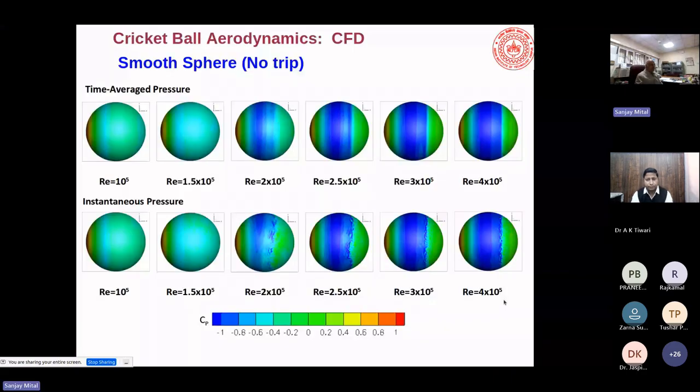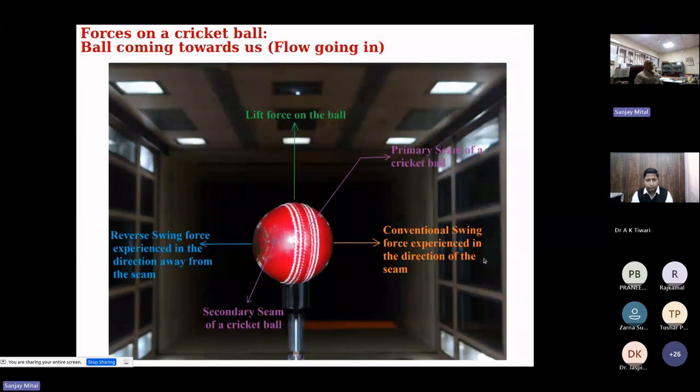So these are some view graphs which show the pressure distribution. And you can see at large Reynolds number, you get a very high suction, which is very typical of a turbulent boundary layer. Okay, so let's come back to the cricket ball, and I will show you the combined CFD